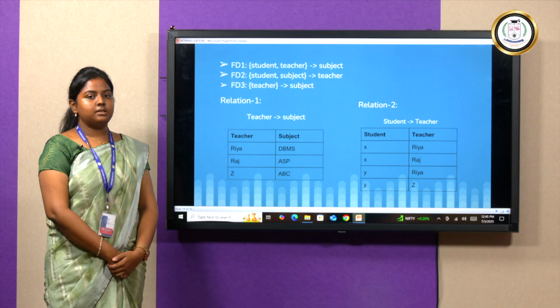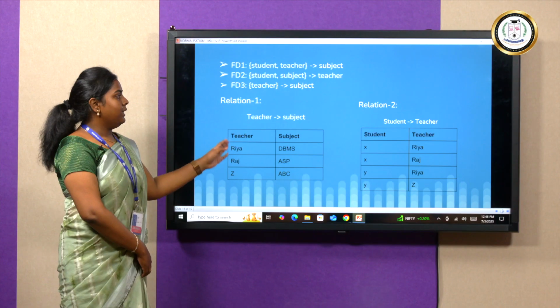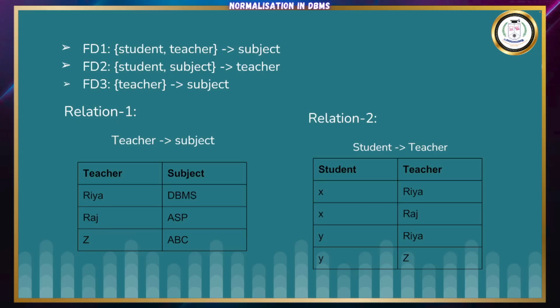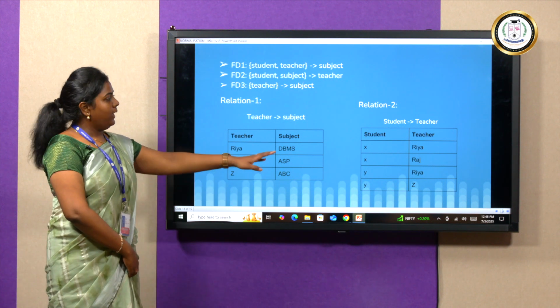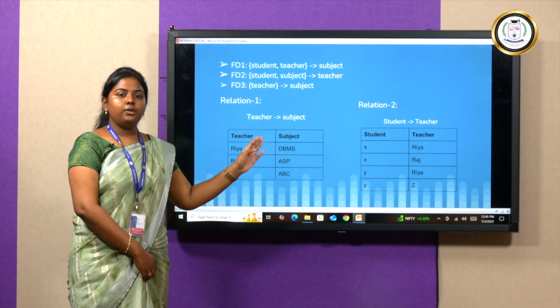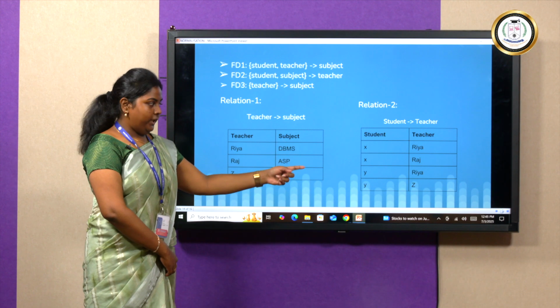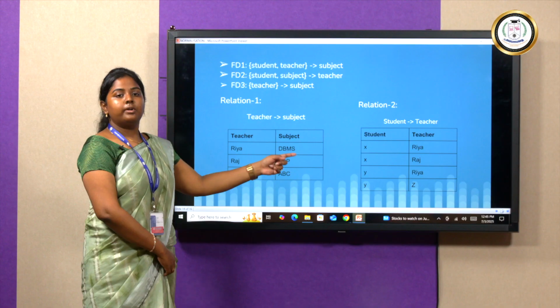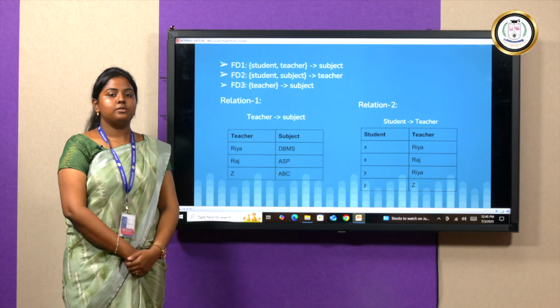So how do we overcome this error? We find two different relation tables. The first relates the subject to the teacher. We have different subjects and different teachers: teacher Ria will handle DBMS, teacher Raj will handle ASP, and teacher Z will handle ABC. In the second relation we have the student to teacher relation, where only students and teachers are interconnected. Student X is related to teacher Ria and also to teacher Raj, and student Y is related to teacher Ria and also to